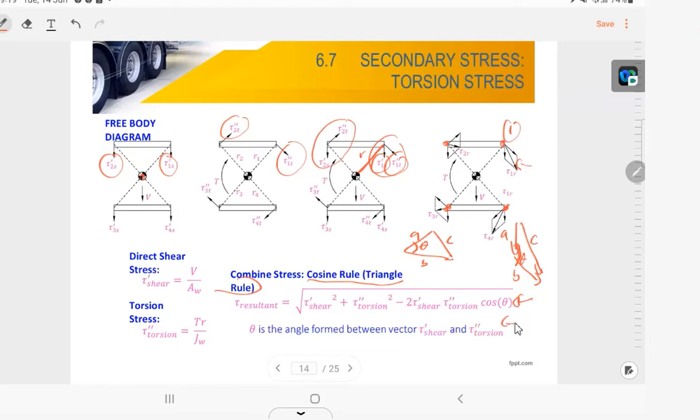So from that highest shear force, you calculate the H or T. Okay. So for the next one